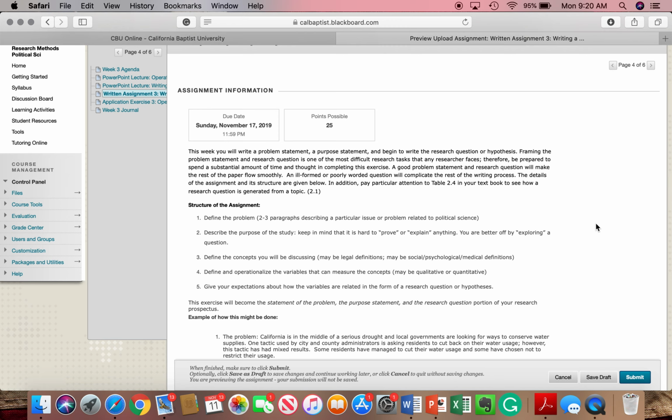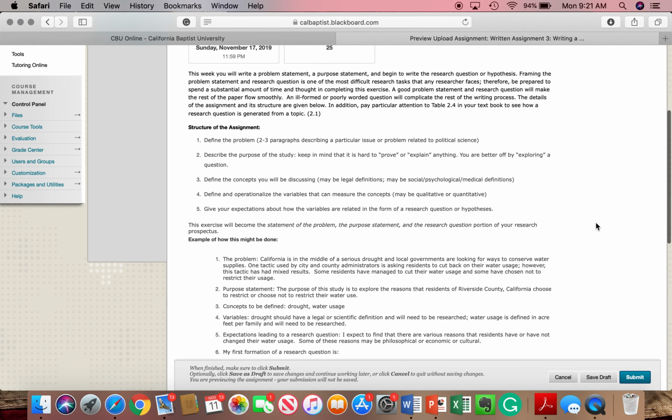So you can see that there's multiple parts there. We're going to have several pieces of this. We're going to have our problem statement, our purpose statement, and our research question. And remember, in week 2, there was a very clear example of a completed prospectus. So you can take a look at that and get a good idea of what we're thinking about when you write a problem statement, a purpose statement, and a research question. You'll find all of those in chapter 1 of that example.